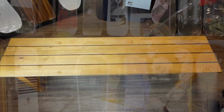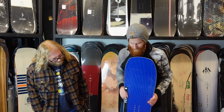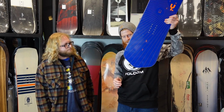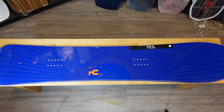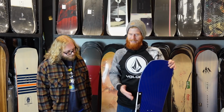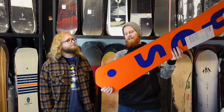Sweet. Cool. And then another one of Yes's boards is incorporating some cool technology. I mean, it's got an awesome pintail for one. This has the tapered underbite, so it's a little bit different than the midbite. Basically, it gets more aggressive towards the tail, and the idea of the underbite is